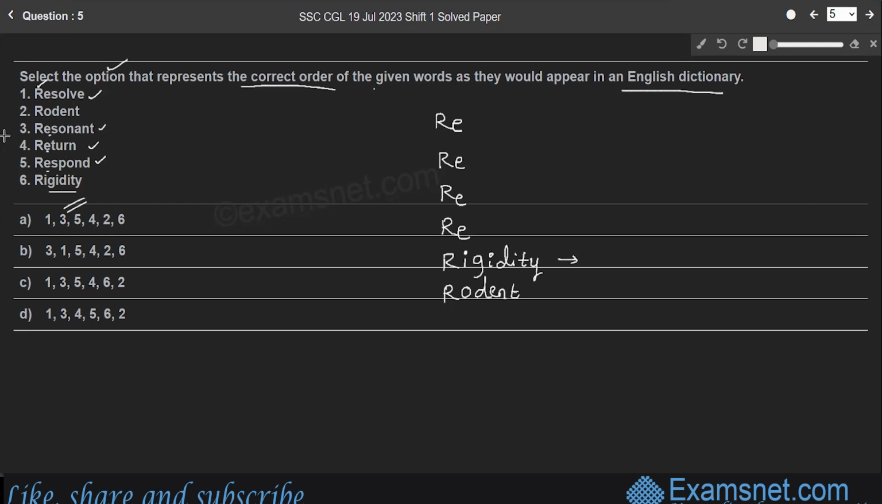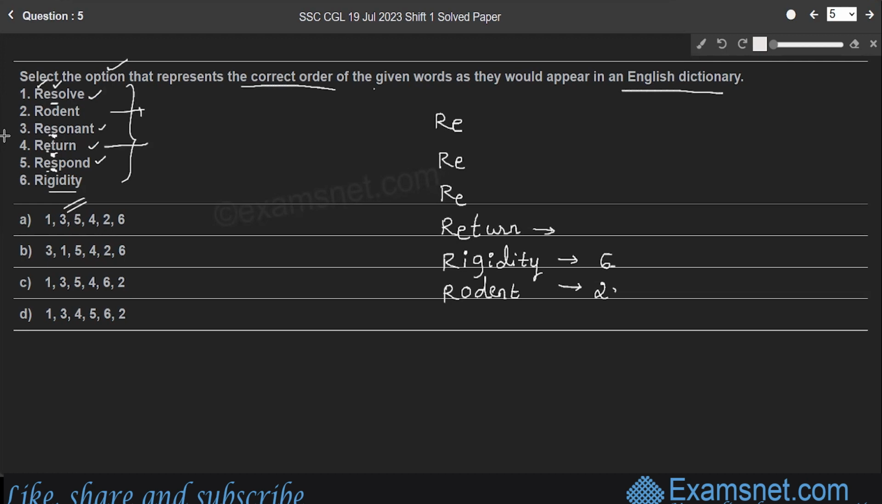So rigidity, according to the given arrangement, is the 6th one, right? And rodent is the 2nd word according to the given arrangement. Therefore, let us find the first 4 words according to their order in an English dictionary, right? So here, their arrangement depends on the 3rd letter, right? In the first word, resolve, S is the third letter, whereas in the third word, again S, right? Whereas in the fifth word, there is S, right? Whereas in the fourth word, return, right? So here T comes after S, therefore the fourth word will be return,